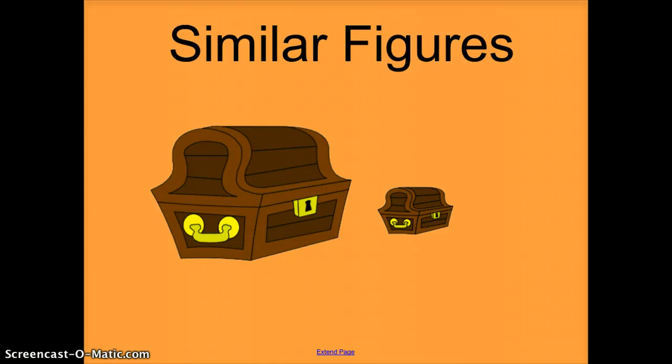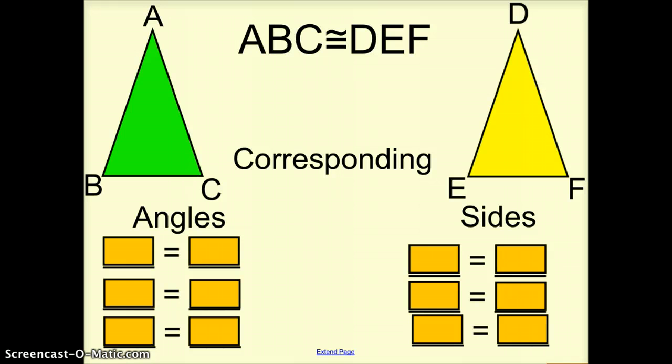So this lesson on 2.5 is about similar figures. In the past, we talked about congruent figures when we translated, rotated, and reflected figures, and now we're going to start talking about similar figures and their properties. If you remember from before, when we say that triangles or any figure is congruent, we use the congruent symbol,